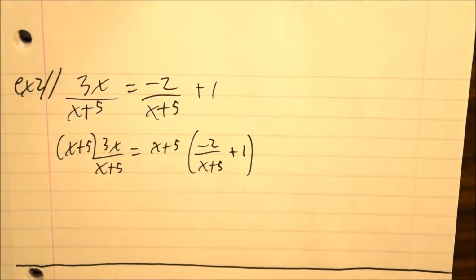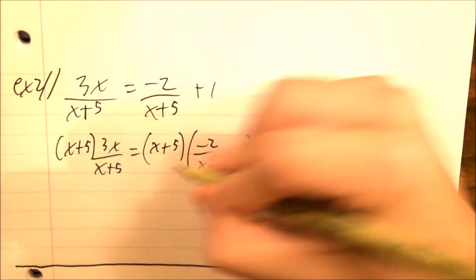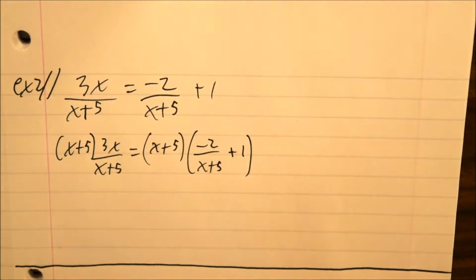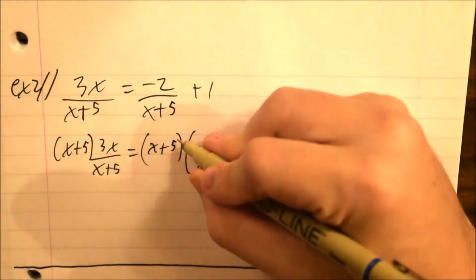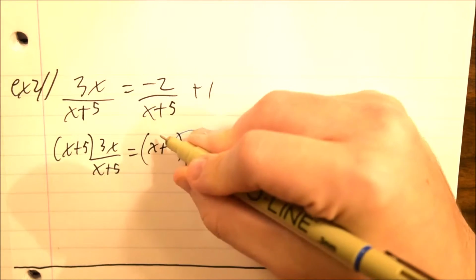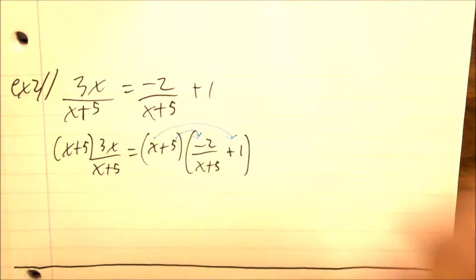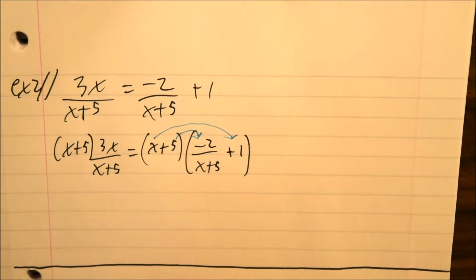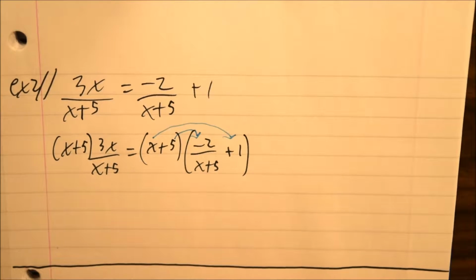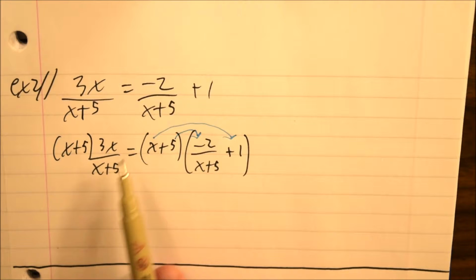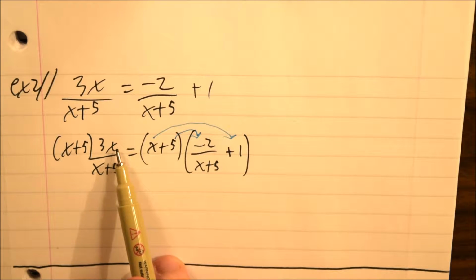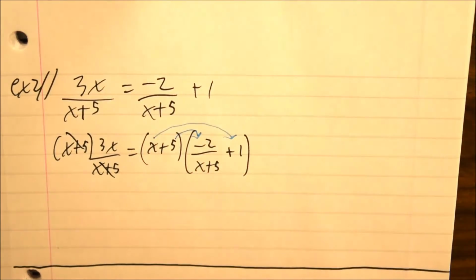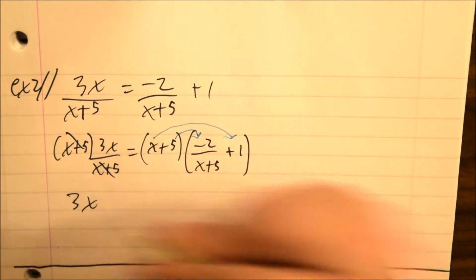I'm going to do this in 2 steps. Now, oh, this is in parentheses also. Very important to keep the parentheses there. Now I must take this x plus 5 and distribute it in here to both terms. So when I do that, first I'm going to kind of save myself a step. I have an x plus 5 times 3x on the top divided by x plus 5. So both of these cancel each other out. So I'm left with 3x on the left-hand side